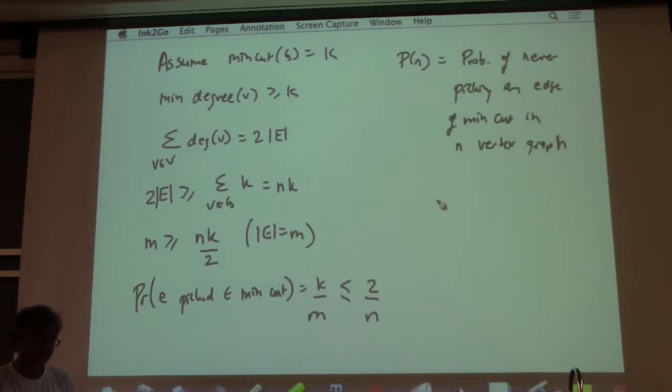Now I can write a recurrence. I know that P of n is greater than or equal to, watch what I'm going to do here, 1 minus 2 over n times P of n minus